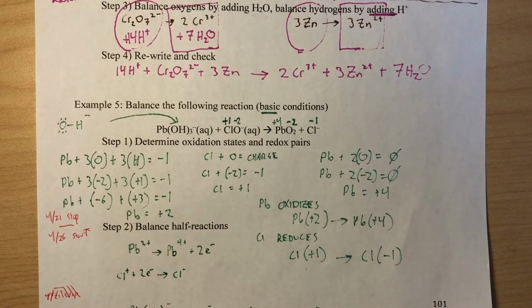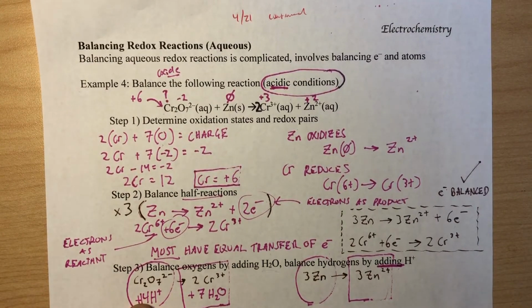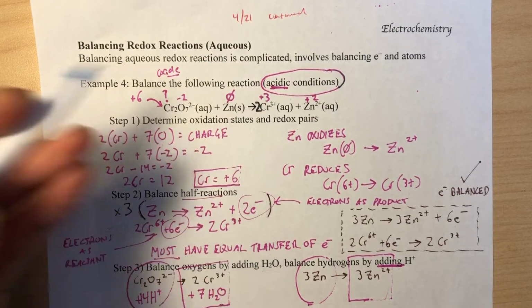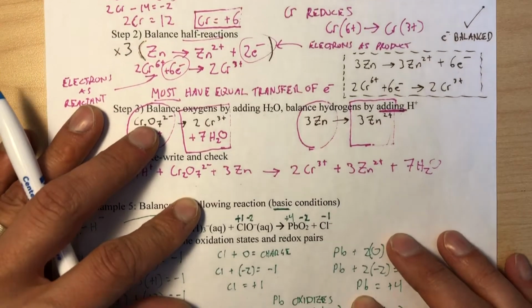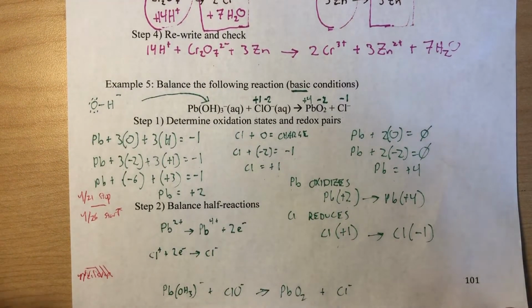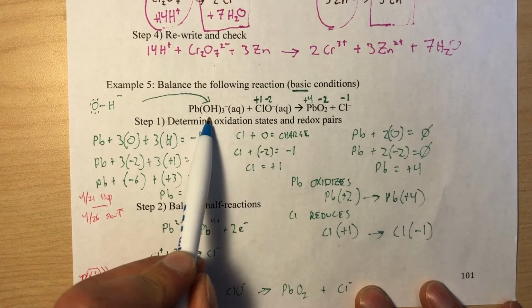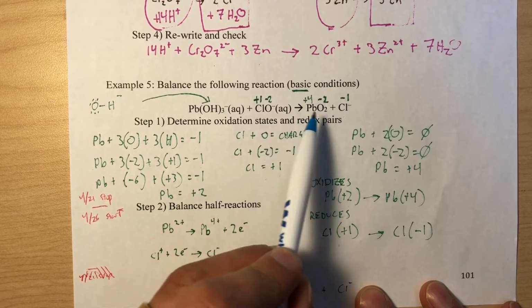Hello class, we're going to pick up where we left off last time talking about balancing redox reactions under aqueous conditions. Last time we talked about acidic conditions, and we just began talking about how to balance reactions under basic conditions. When we were last here, we discussed the reaction of lead hydroxide and chlorate to form lead oxide